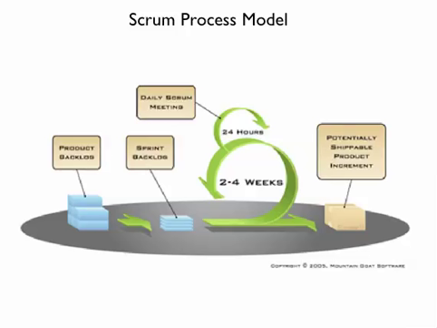Within that 2 to 4 week cycle, the daily Scrum meeting happens. Every day the team gets together and plans their day. It's not a status update, it's a way for the team to coordinate the work that they're doing. At the end of the sprint or iteration, you have a potentially shippable product increment. That means that the software you've created is demoed to the stakeholders and to the product owner, and you get feedback right there on the spot.